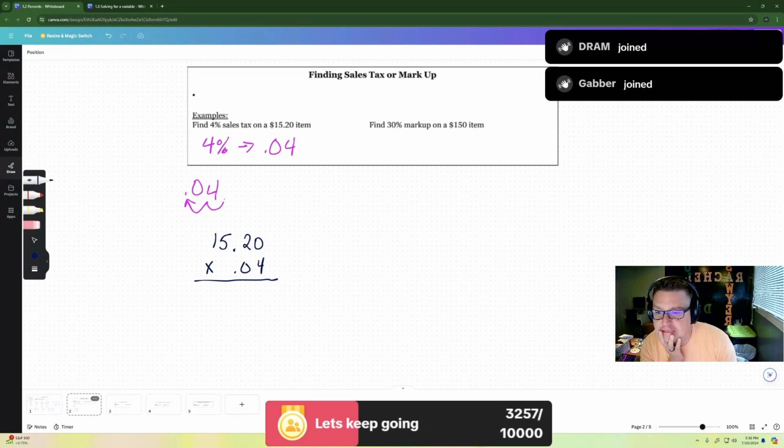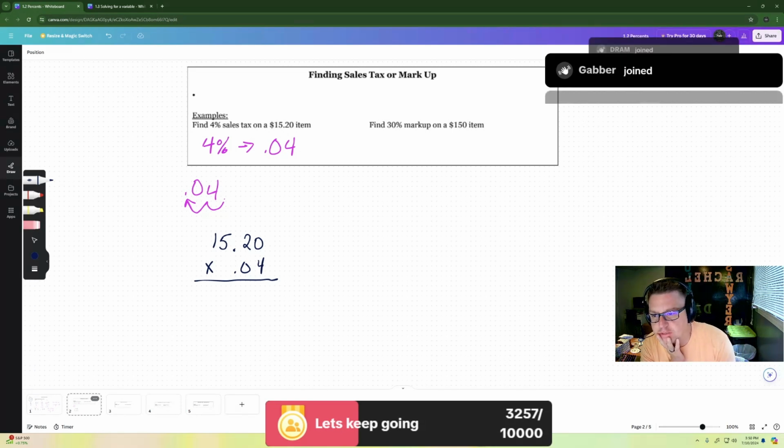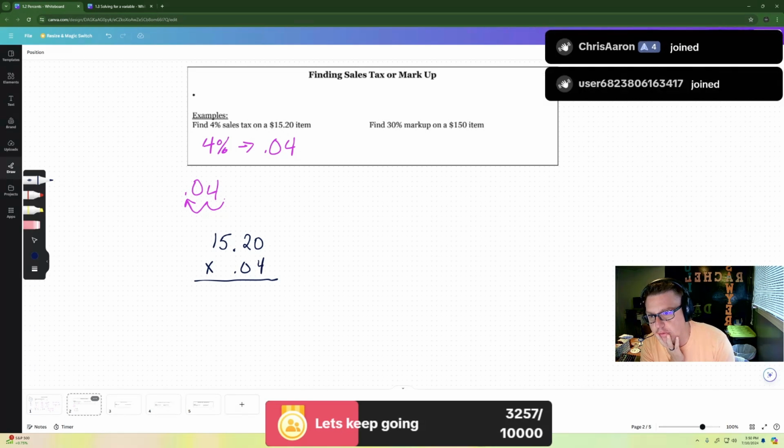So in this case, I don't want to do the long process of multiplying this out. However, I will show you how it does work. So there are 1, 2, 3, 4 numbers behind the decimals. Now you could move this 2 spots this way, 2 spots that way, and turn 1520 times it by 4,